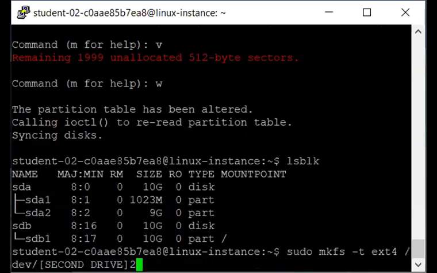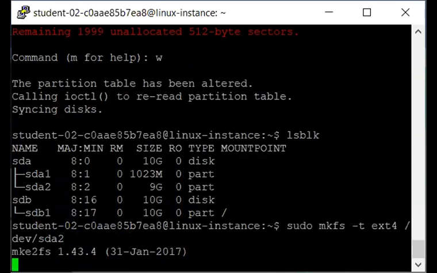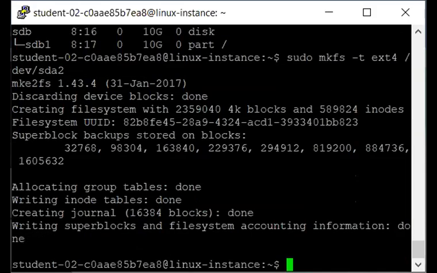So here we go for sda2. Okay, so we have formatted the second partition in your unmounted drive.